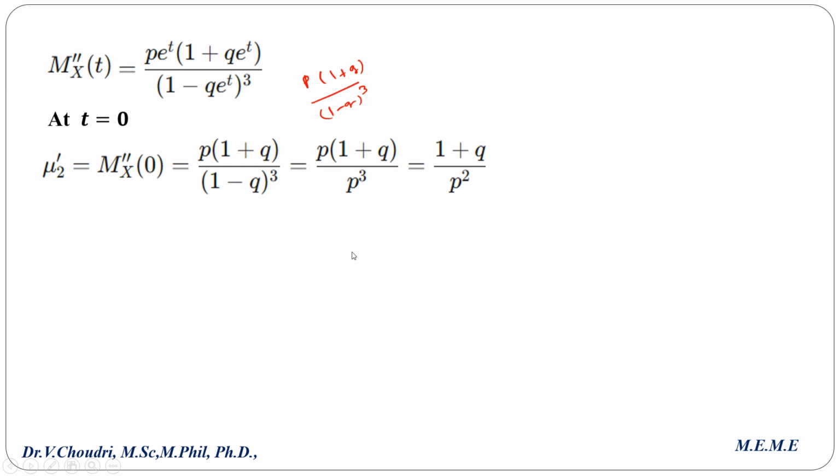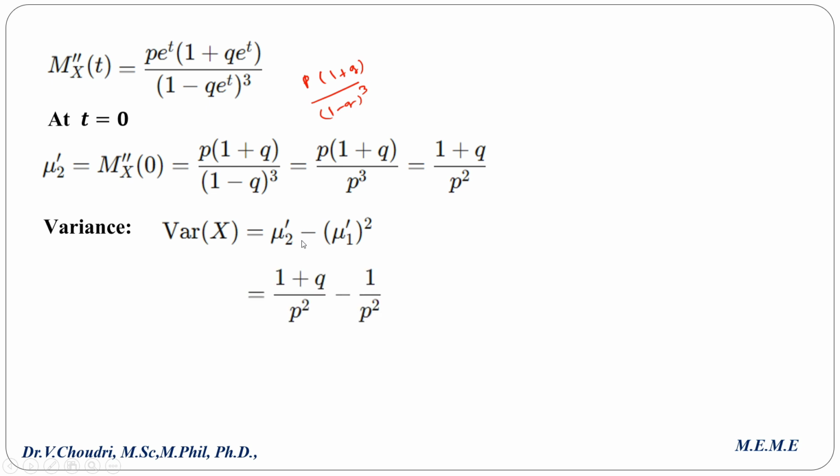Now we have enough data to find out the variance. What is the formula? Mu2 dash minus mu1 dash square. So mu2 dash is nothing but (1 plus q) divided by p square. Already we have found mean equal to 1 by p. So mean square is 1 by p square. So take LCM p square. Numerator: 1 plus q minus 1. 1 will be cancelled. So q by p square. Hence